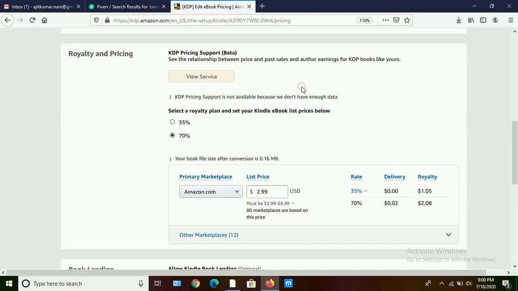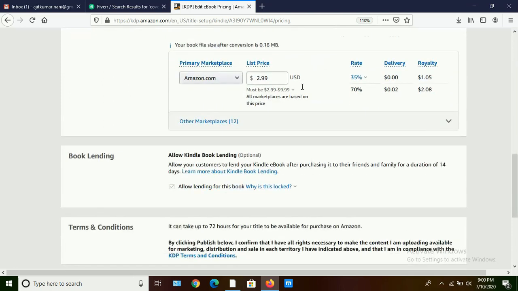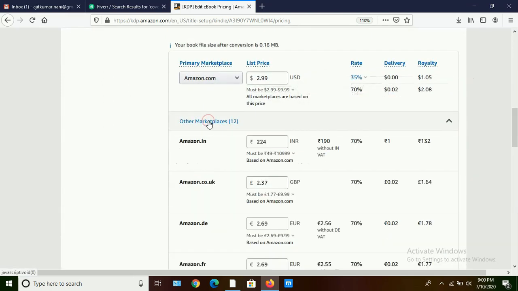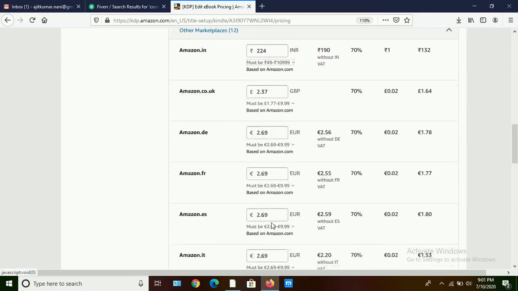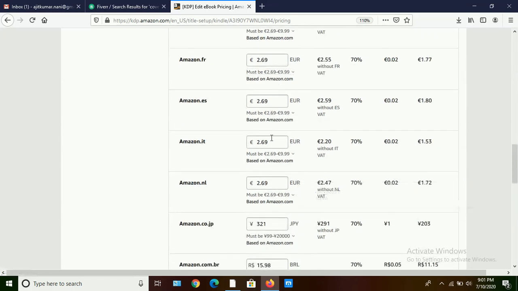Then these are the other marketplaces. In India our cost of the book is 224, and in the UK our book cost is 2.37 pounds. In Denmark 2.69 euros, in France 2.69 euros, in ES 2.69 euros, Italy 2.69 euros, and Netherlands 2.69 euros.